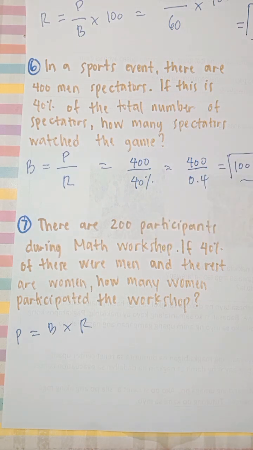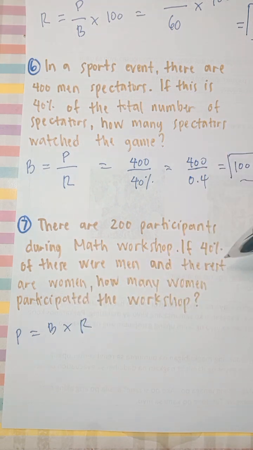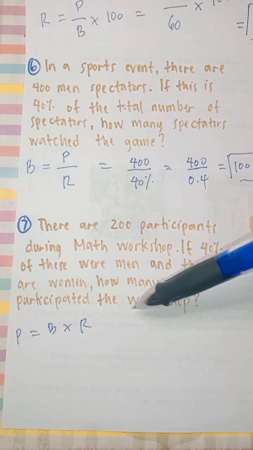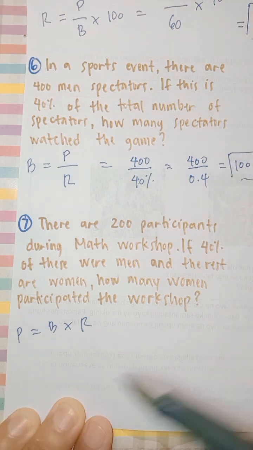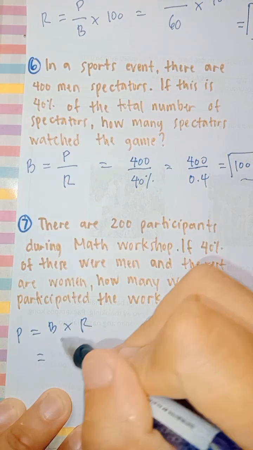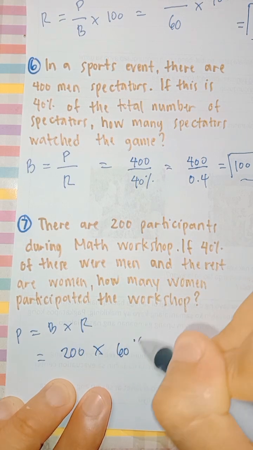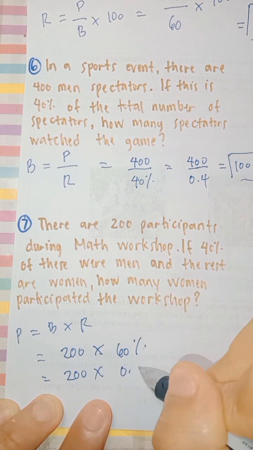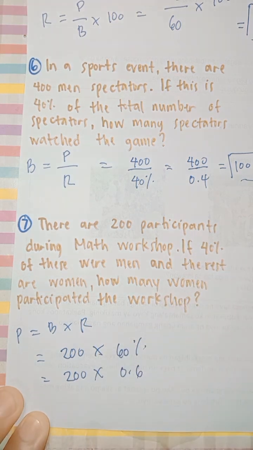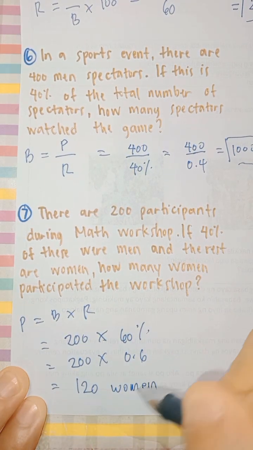If 40% of these were men, it means the women consist of 60%. So the rate is 60%. B is 200 and the rate is 60%. Now 200 times 0.6 is 120. So there are 120 women